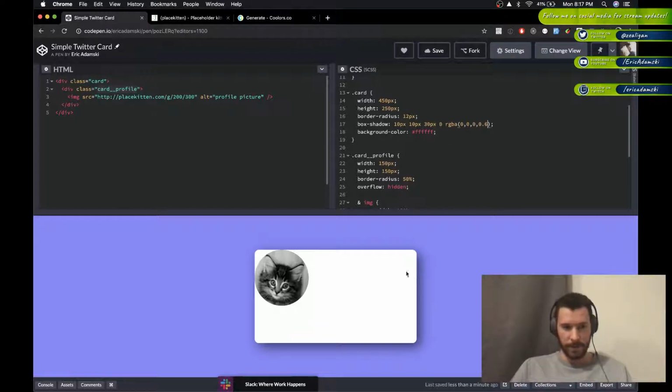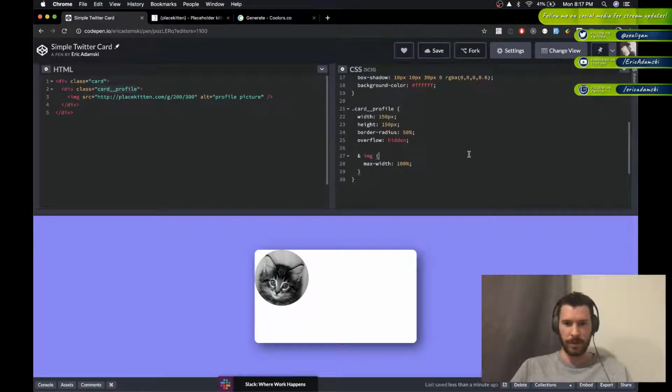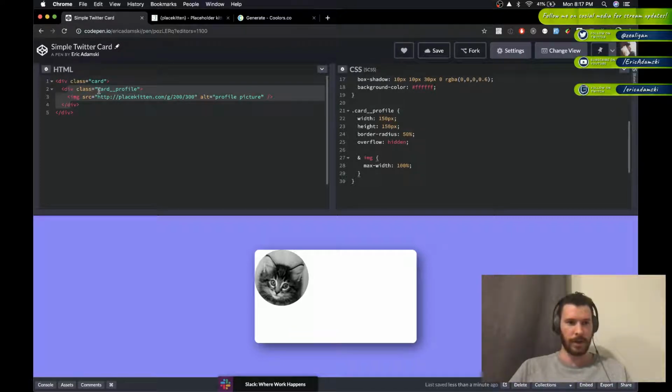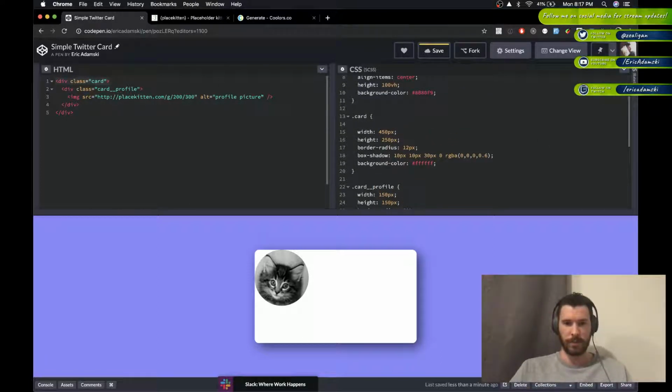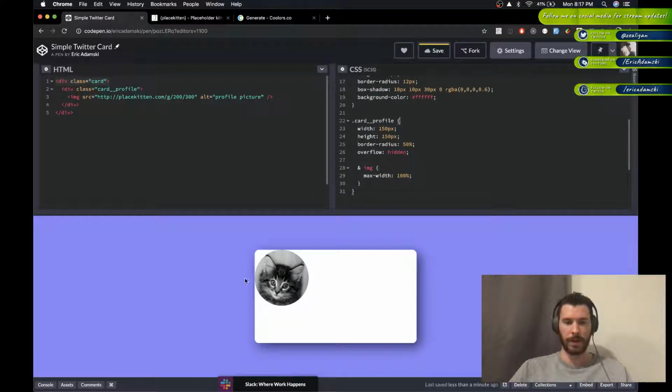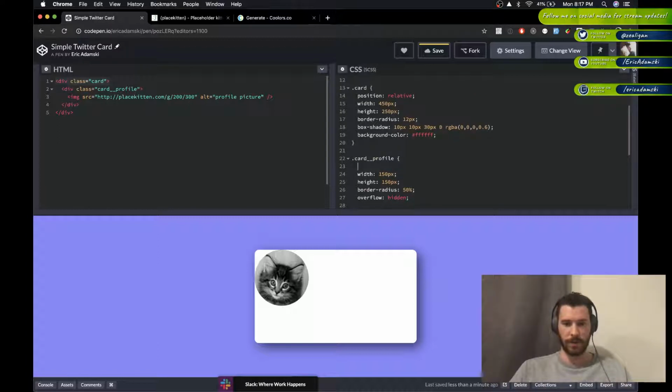Okay, so I want to take this picture and put it over on the edge there. Because the profile is inside of the card, I can absolutely position it in a handy way within that card. But first we have to make this card position relative, so that when we absolutely position the profile, it doesn't position itself relative to the entire window. So position,